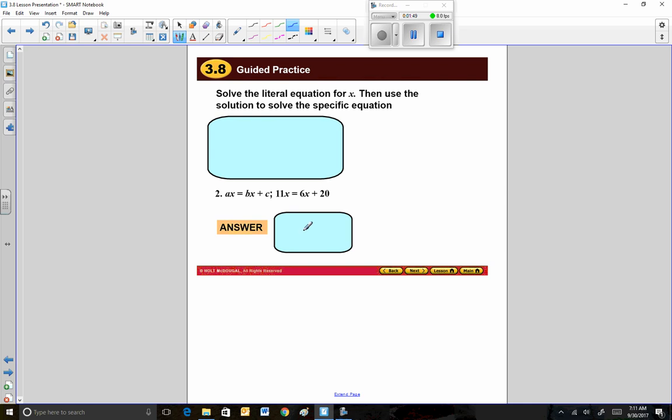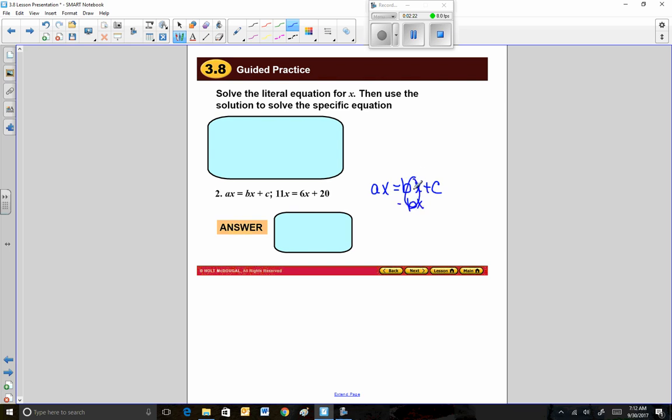We have a literal equation to solve here because it asks us to solve the literal equation for x. So I'm going to go ahead and write this over here. We have ax equals bx plus c. So we need to get x by itself, but right now it's on both sides of the equation. So if it's a positive bx, we need to move it over here by subtracting bx